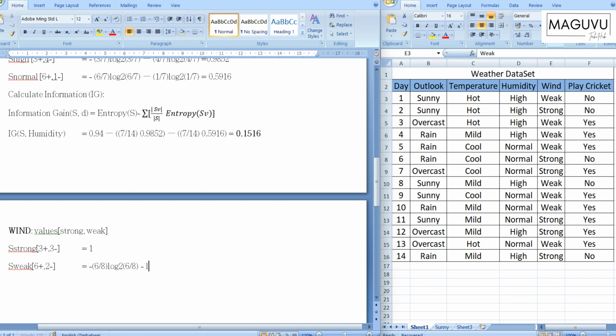We consider the negatives, which is 2 divided by 8, total number of days where we have weak, and then log 2 of 2 divided by 8. This gives us a value of